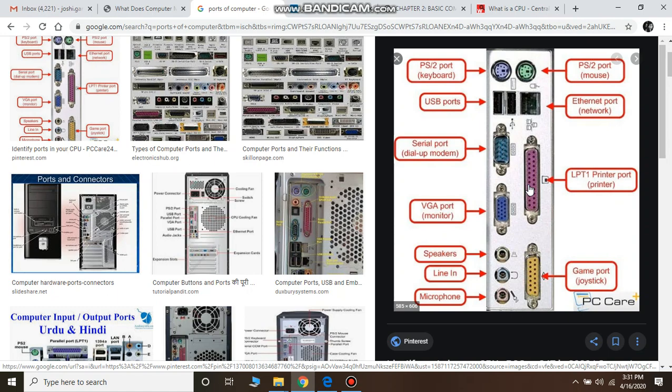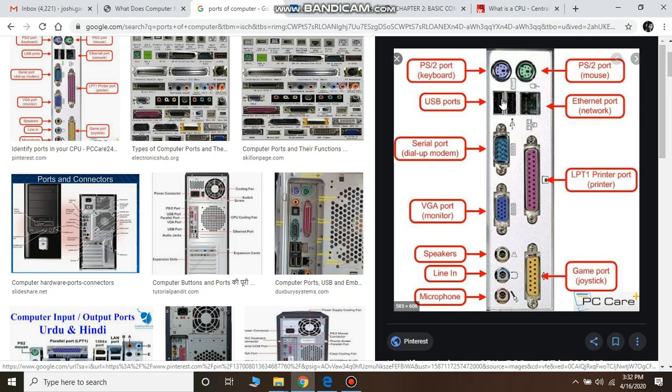Next, we have the Universal Serial Bus, USB ports, which are very common these days. Most of your USB devices are connected to this USB port. You can connect your phone, pen drives, keyboard, mouse, and printers, and these ports also supply power to the devices that are connected to your computer. You might have seen that when you connect your phone to your computer, you can also use this port as a charging port to charge your phone.